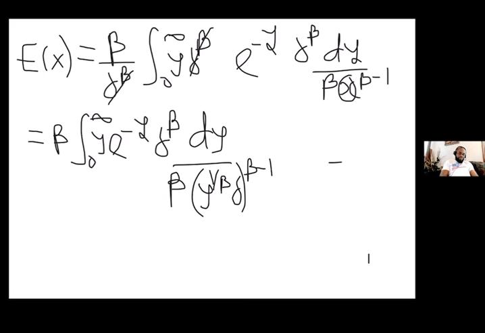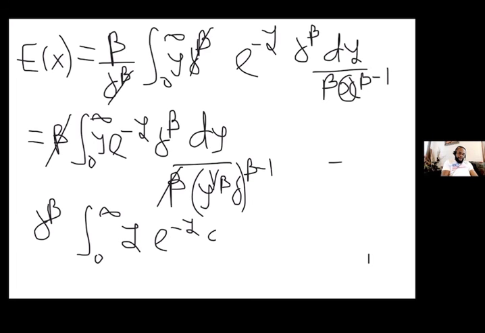So let's do algebra now. This guy is going to cancel that guy, right? Now, when you continue the simplification, if I bring out theta raised to power beta, 0 to infinity, y exponential raised to power this, the y, divided by, don't forget we have y raised to power 1 over beta. That is going to be raised to power beta minus 1. And we now have theta raised to power beta minus 1. Take a look at that.